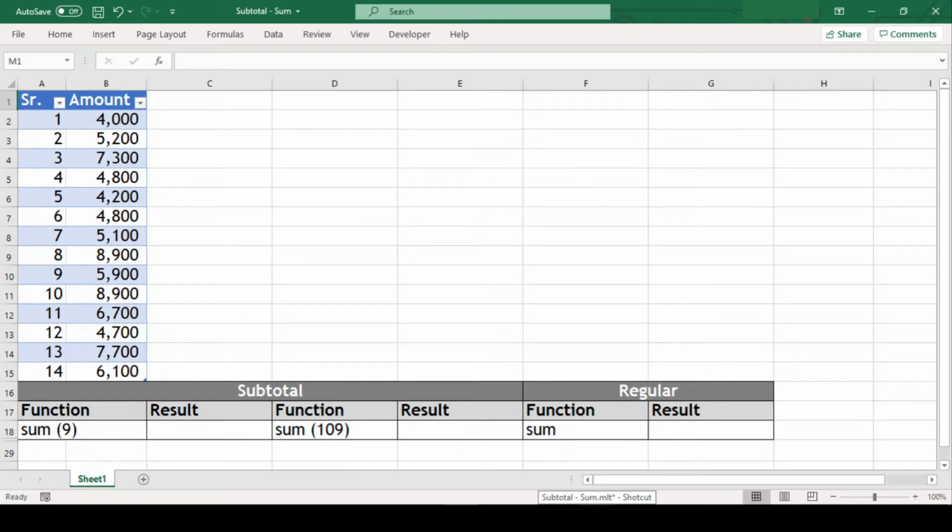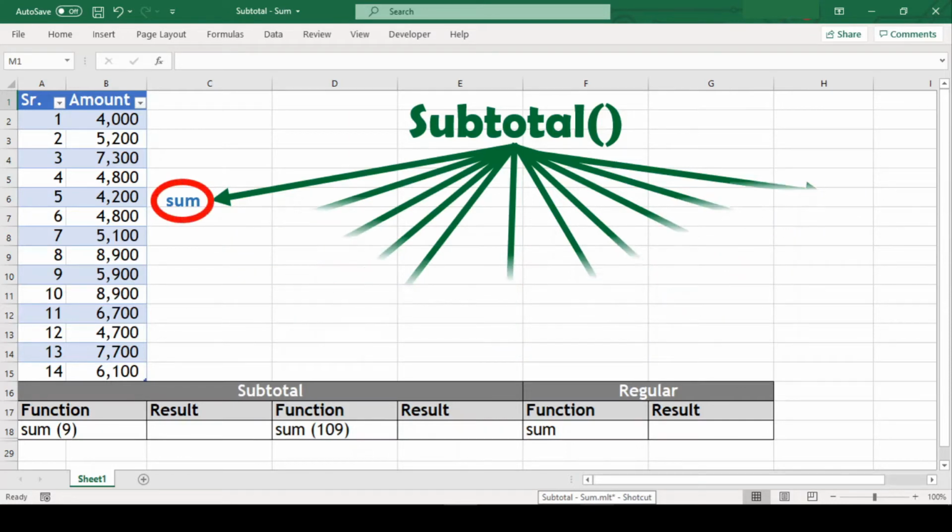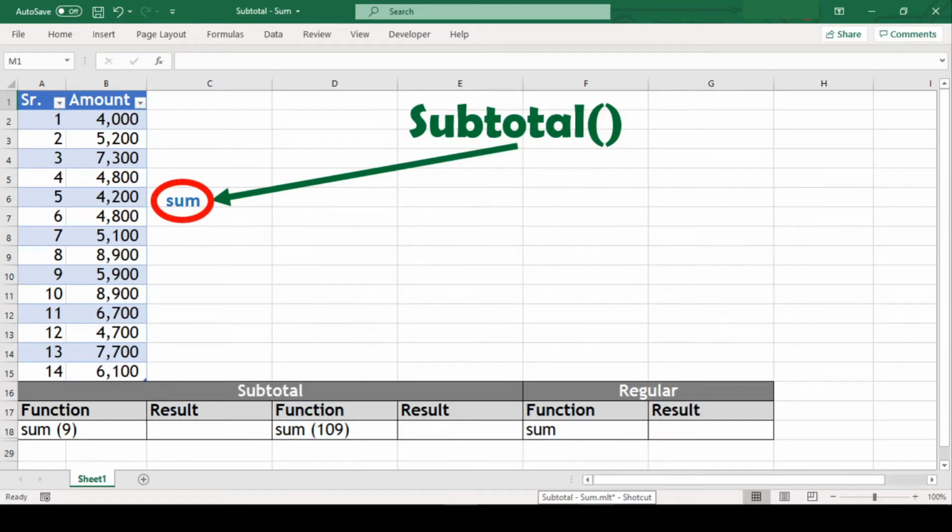In this video, we will learn about the subtotal function in Excel. You might think of it as somewhat like a sum of selected values, but the subtotal function is capable of much more. Apart from its ability to return a sum, it can also give us average, count, max and several other results. But today, we will specifically focus on sum and understand this function with a few examples in this video. So stay tuned.